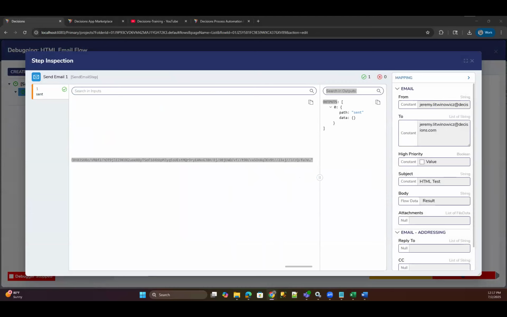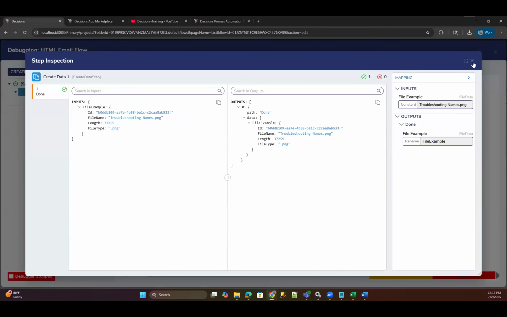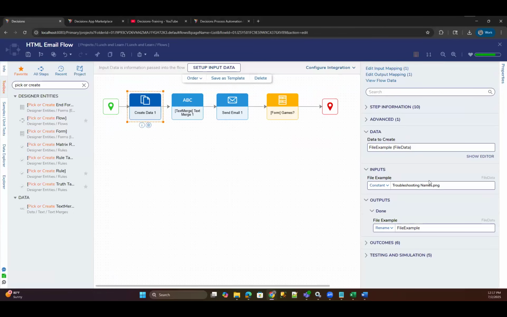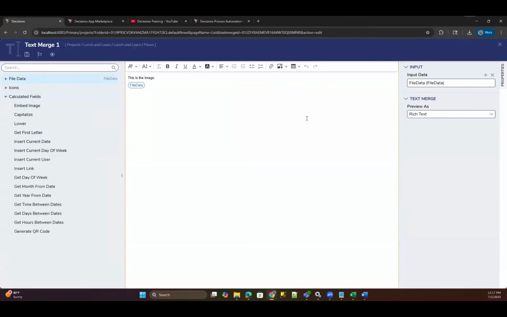All right, I'll try that again, but I think I tried that and it didn't work. You're just passing the whole file data, right, and displaying it? Yep. On my create data step, I simply grabbed it, and then I'm just passing that into the merge, and then I'm passing the whole merge into those. All right, I'll try again on the actual merge and see if it works. Yep, all I do is click that.